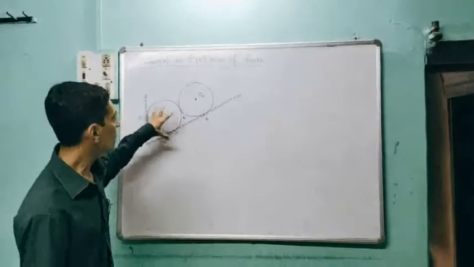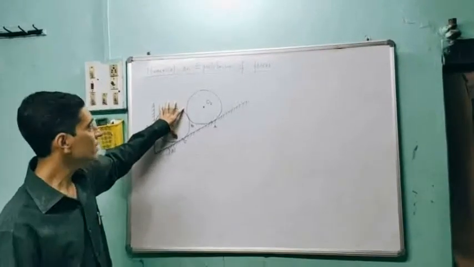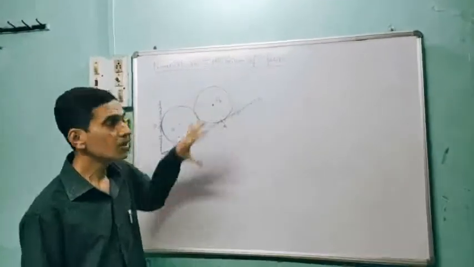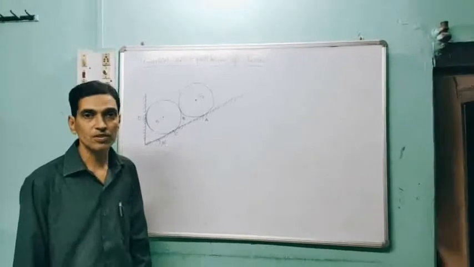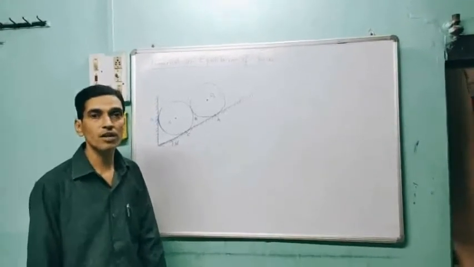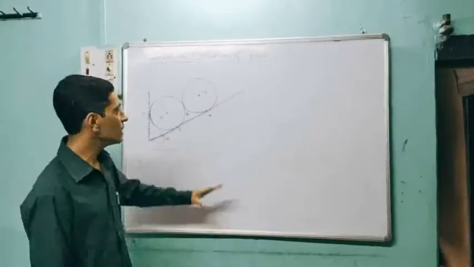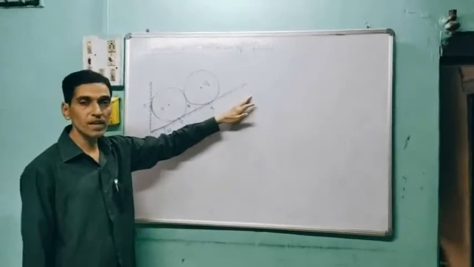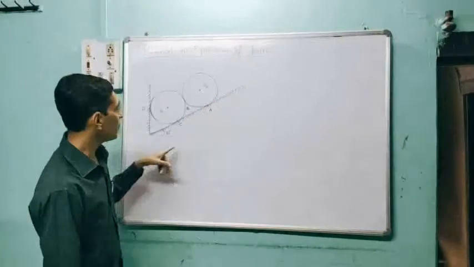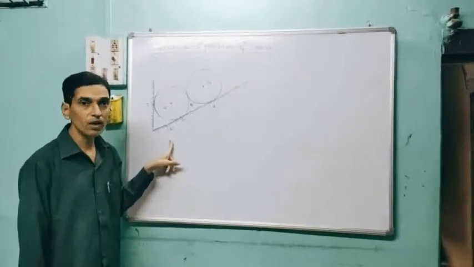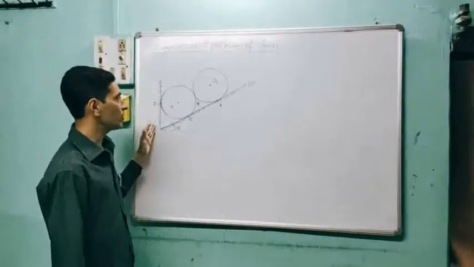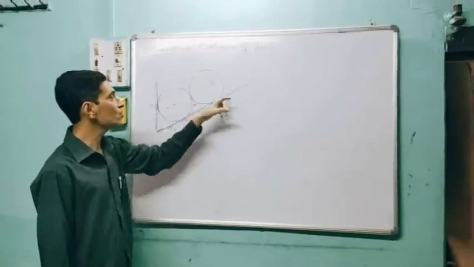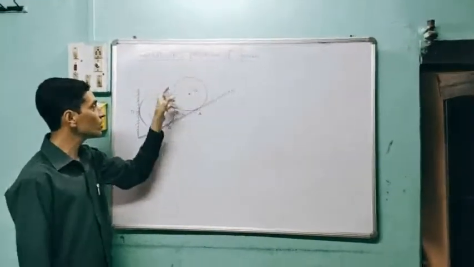Here there are two identical rollers, each of weight 200 newtons. Both the identical rollers are of 200 newtons. They are placed in a trough between two planes. One is an inclined plane with an angle of 30 degrees with respect to ground, and another plane is vertical plane. So between these two planes, these two identical rollers are placed,